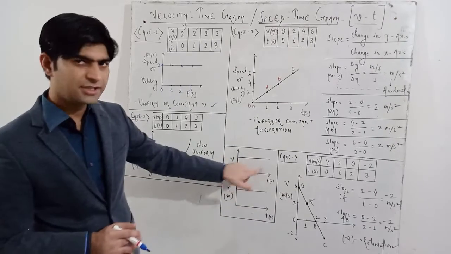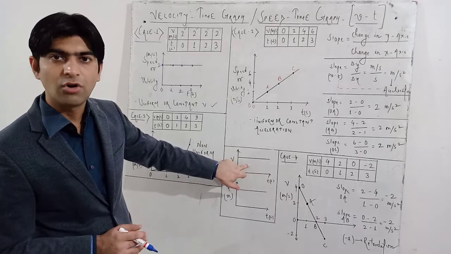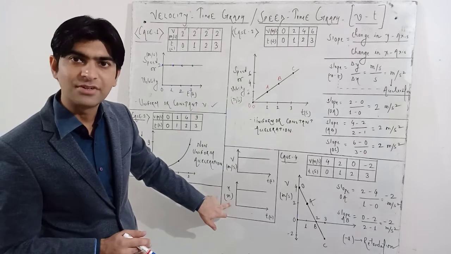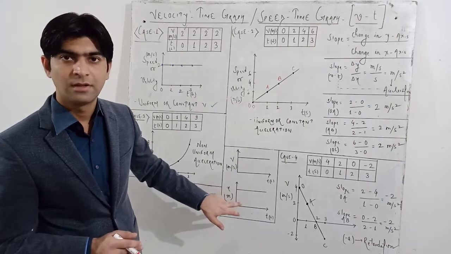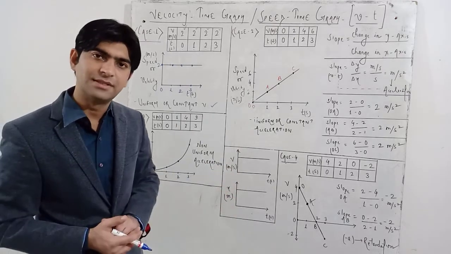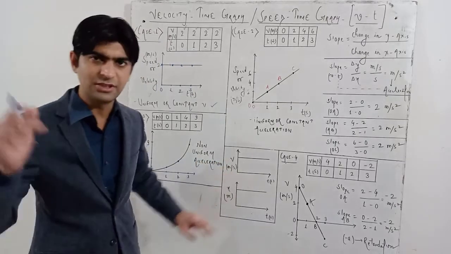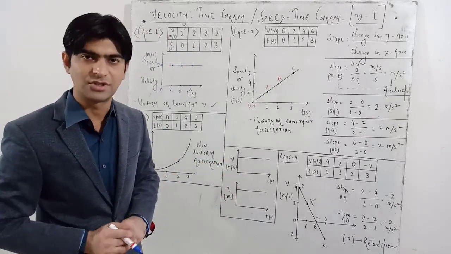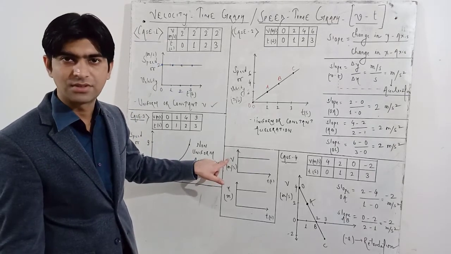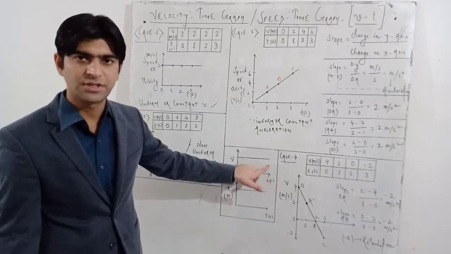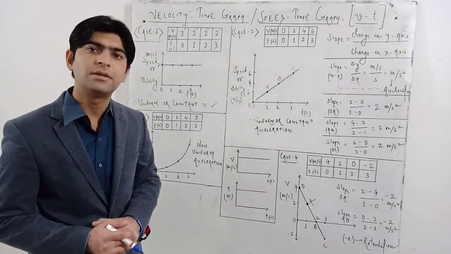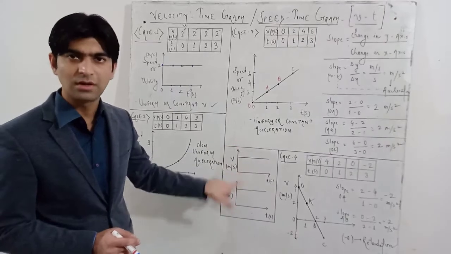So if the velocity is not changing, this first graph indicates a constant velocity or constant speed graph. But the second graph with the same nature indicates the body is at rest. Why? Because the position is not changing. Generally the students get confused in these two graphs. Whenever they see the question in the examination, a velocity time graph, they see this is a straight line, so in a hurry they write the body is at rest. No. Very carefully you have to observe what is written on the y-axis. If it is written velocity, this will be the case of constant velocity. If it is written position, it will be the case of the body at rest. So don't get confused in these two graphs. This is very important.